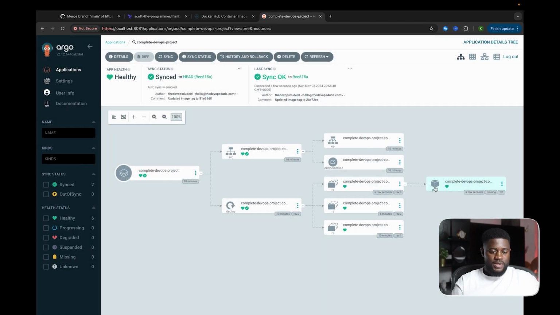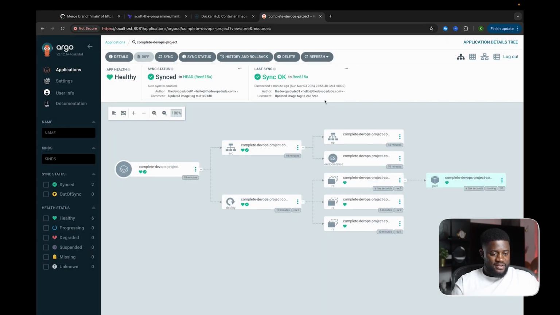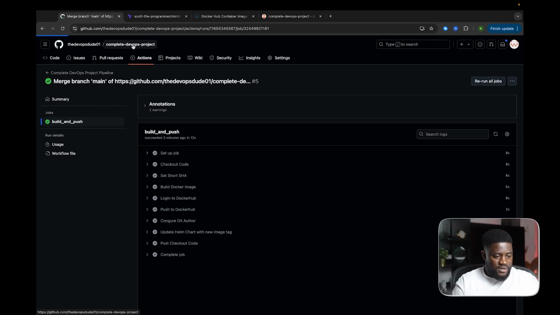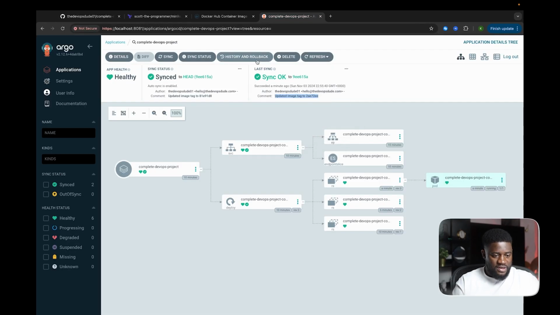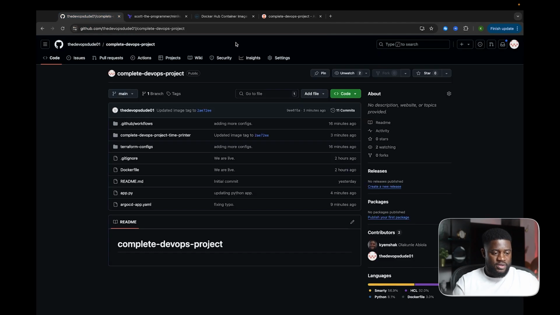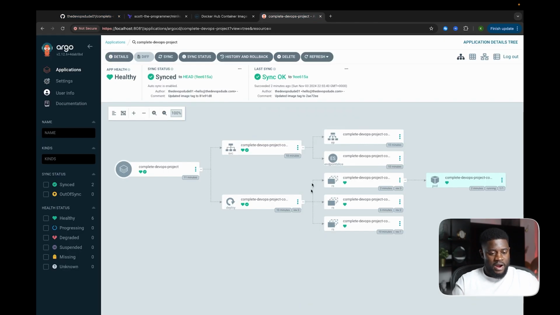Let's close this. And another way to confirm that the latest changes have been made is to look at the commit, right? So as you can see, if we check our repo and check for the latest commits, if we come here, you can see it's 2AE722E. So you need to check the last sync and see that the commit message is exactly the same. So we're definitely sure that the latest change from our GitHub repo has been synced by argocd